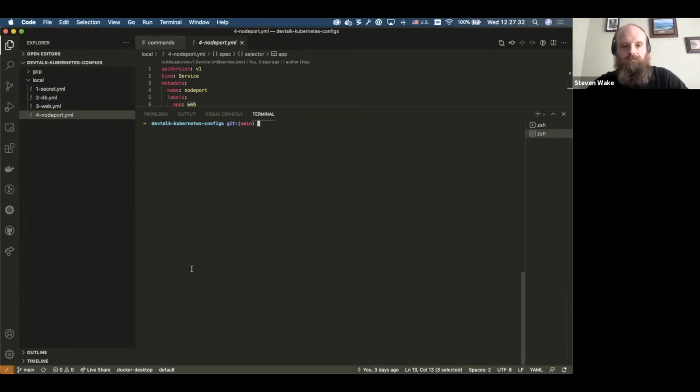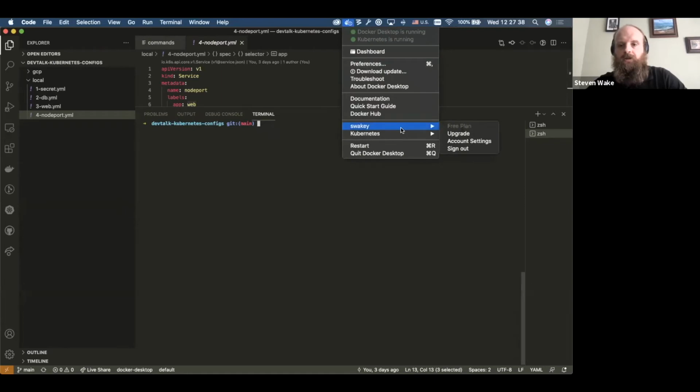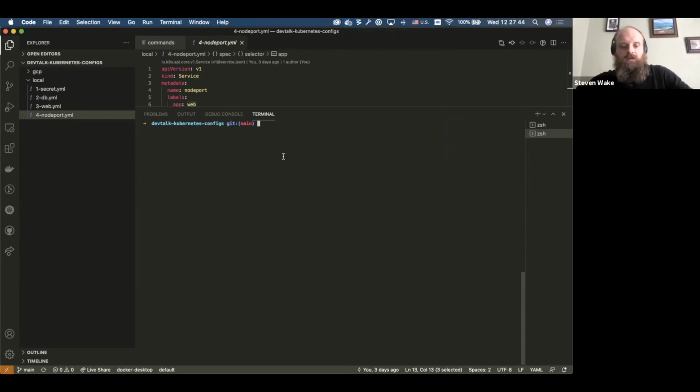So I'm now going to apply those. I'm going to check that I'm in the correct Kubernetes context, which I am, which is Docker desktop. So we're going to use the kubectl command line tool to apply those configurations. We'll do them consecutively. So local is the directory here.